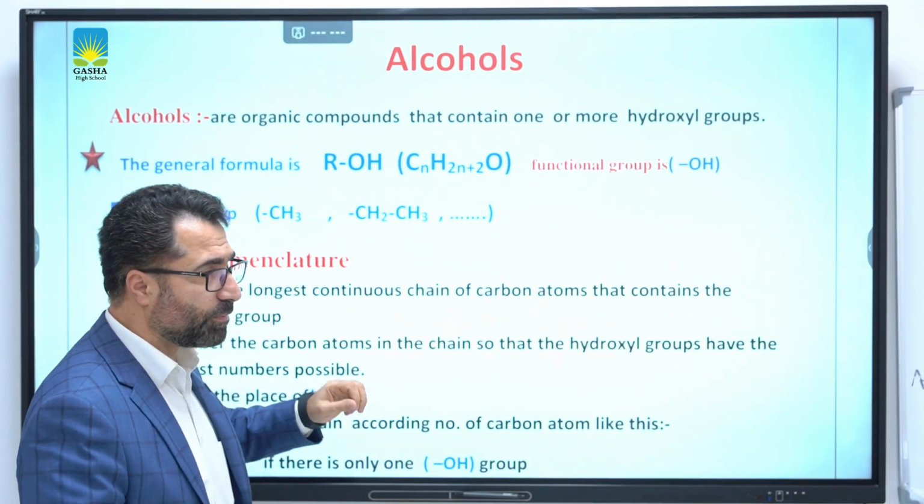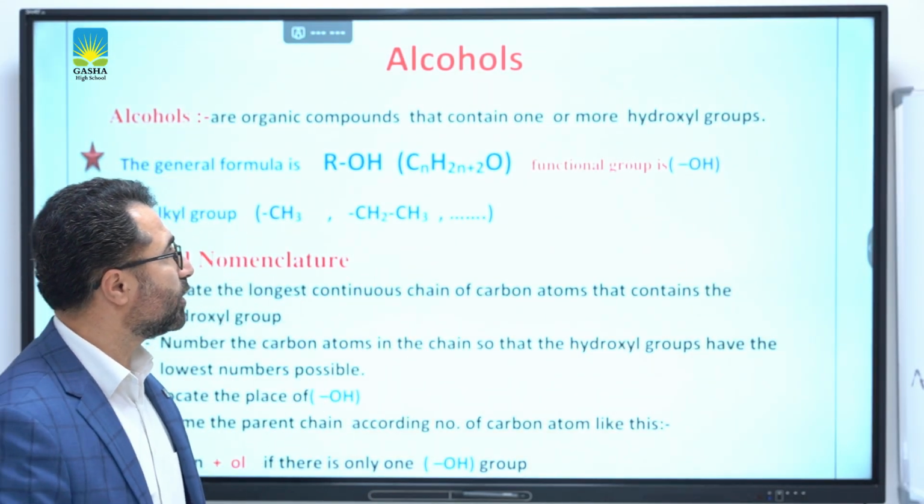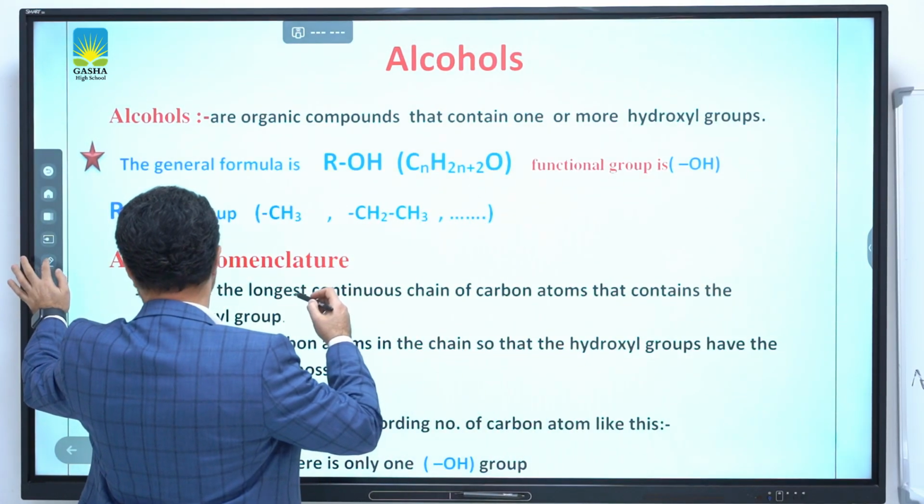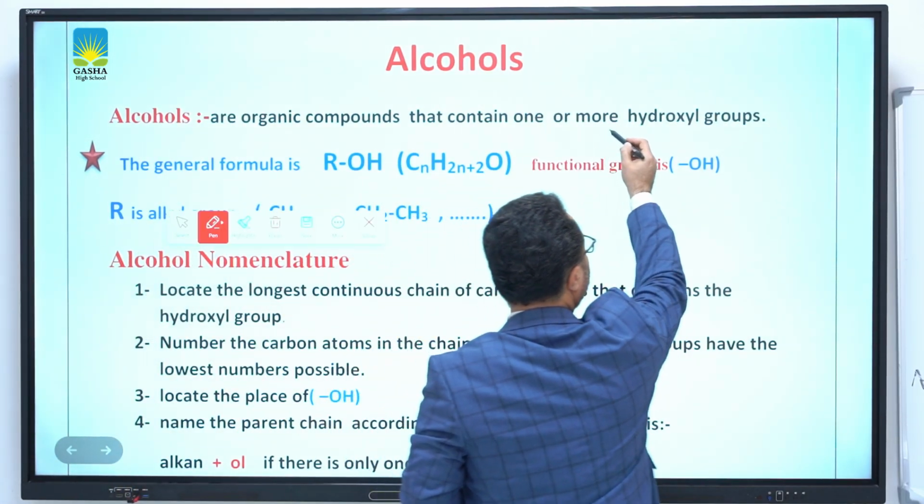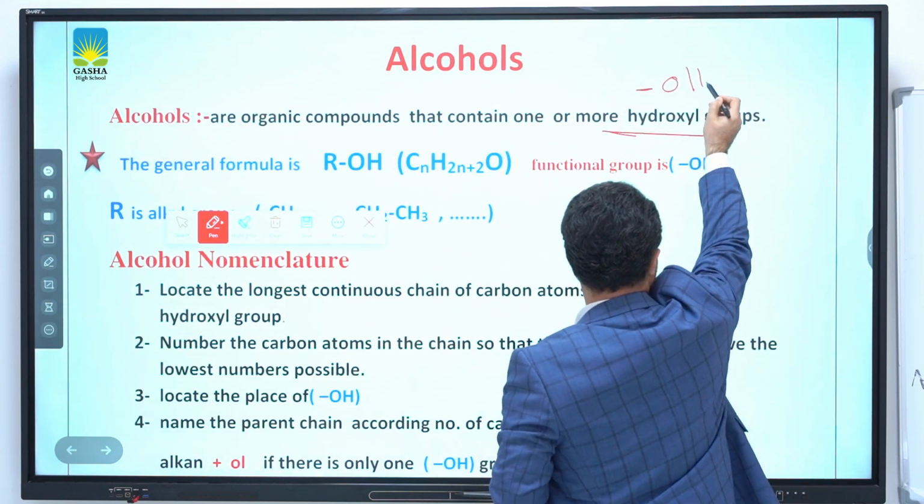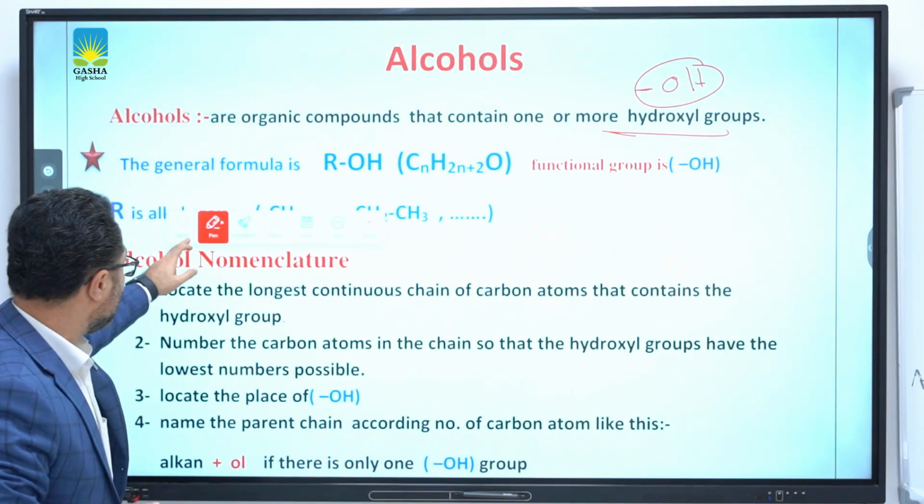Alcohol is an organic compound which has an OH group, known as the hydroxyl group. OH negative is hydroxide, be careful. The hydroxyl group is the bond OH. It's the hydroxyl group. The general formula of alcohols is